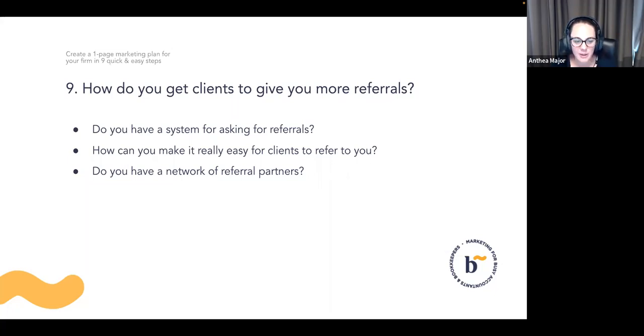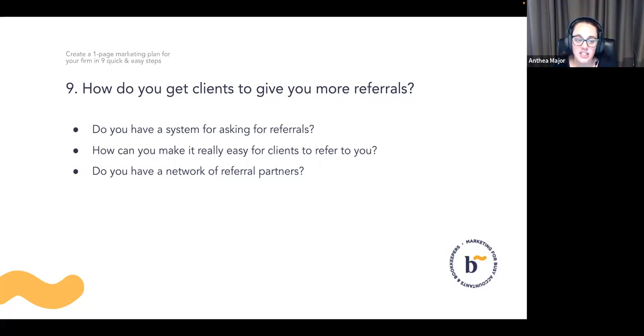You may also just put it in the bottom of your email newsletter too. Just make sure those things are getting out in front of people on a regular basis. And again, think about how you can make it really easy for clients to refer to you. If you're open to it, you can do things like a referrals page. We've sent an example there. That's just about making it easy. If you want to use an online form, like one of our clients has done here, you can capture those details right from the get-go if people are inclined to do it that way. Obviously, if they're on the phone giving it to you that way, you take it that way. But just think about how else you can make it easy.